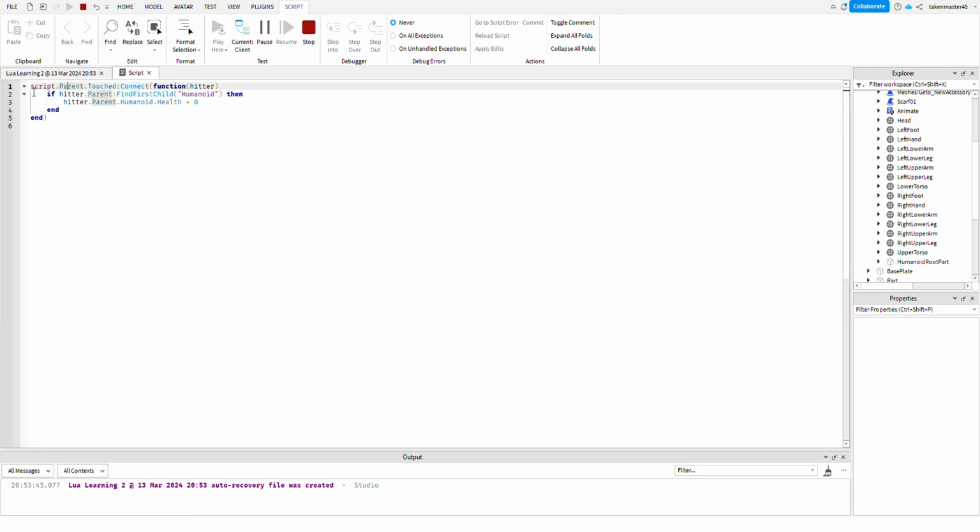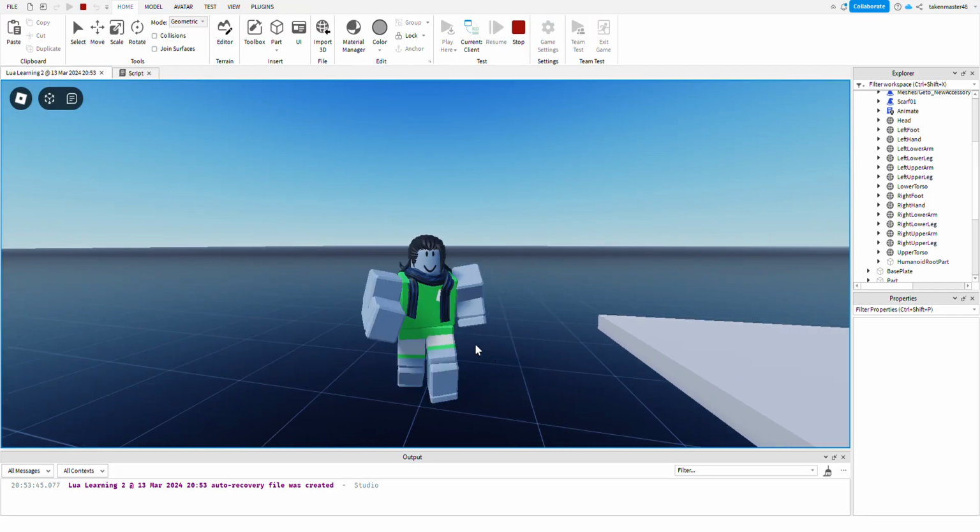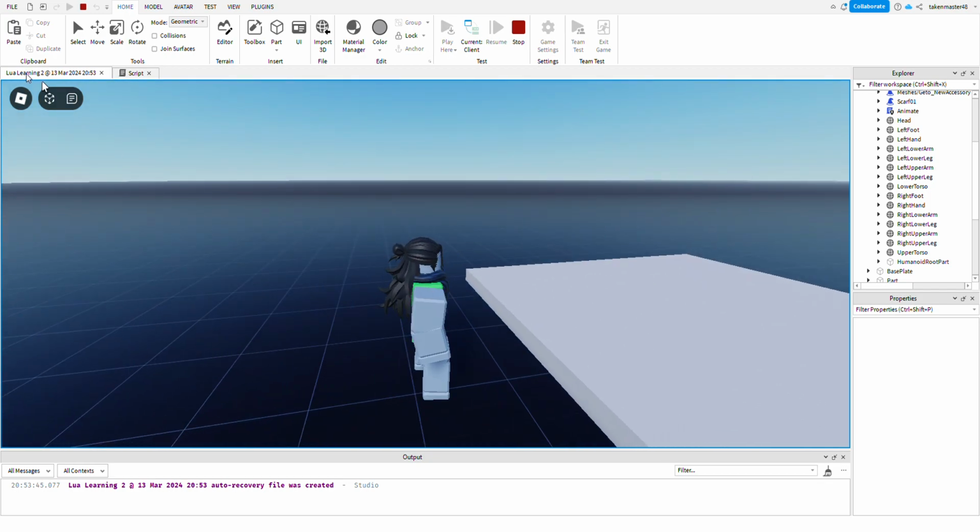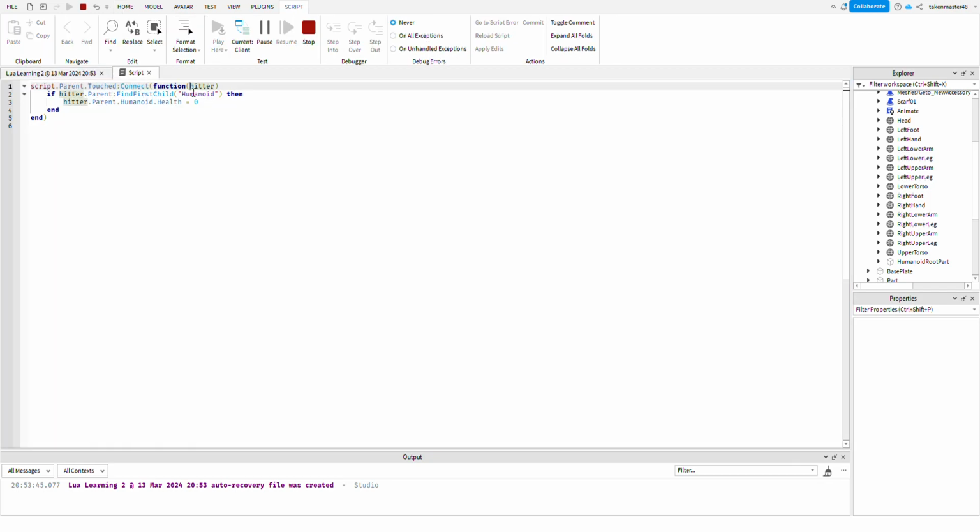So this script is gonna check what the parent of this script is touched by, which is the block, right? So it's gonna check what the block is touched by, and it's going to give it the value hitter, right? In this case, my foot is what's going to touch the block. So my foot will be assigned the value hitter, right? So my foot, which is now hitter,